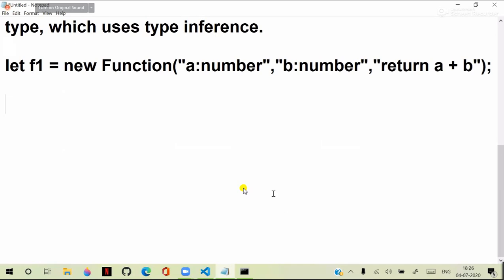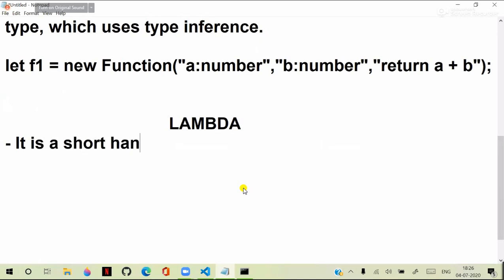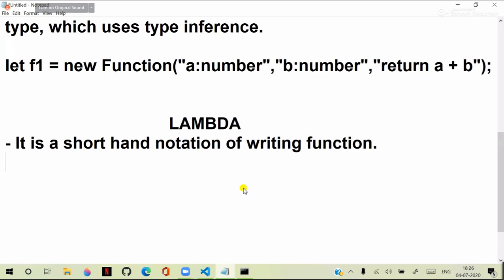Next, important, we discussed another concept, that is lambda. Lambda, as I already told you, is a shorthand notation of writing a function. So how do we write lambda functions? We will see that it's a shorthand notation of writing a function. Generally it allows you to minify the